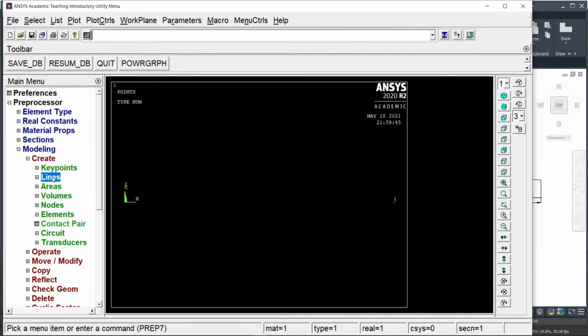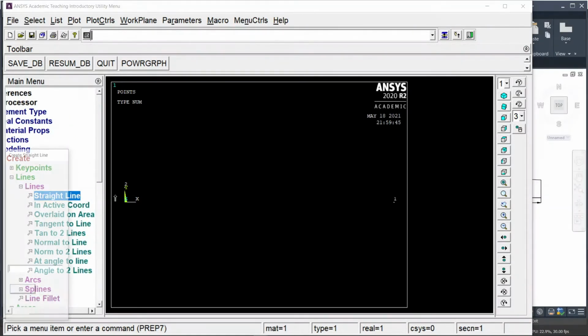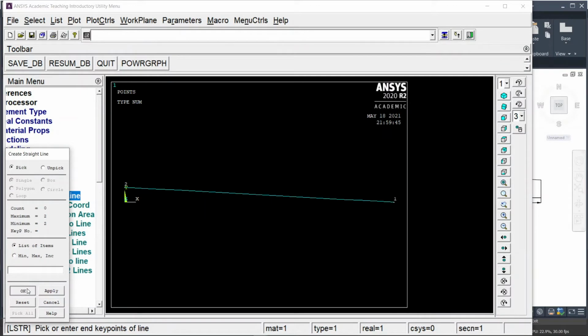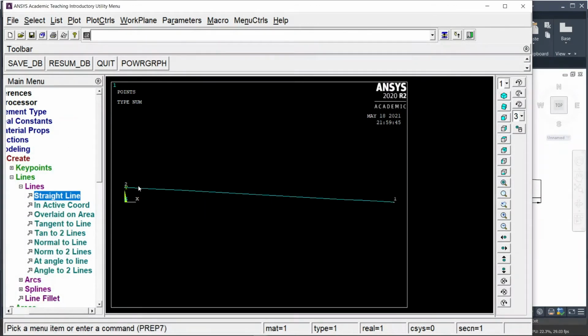Now let's make a line around it. So now this line has a thickness of 0.23 meters. So the geometry that we are looking for has been made.